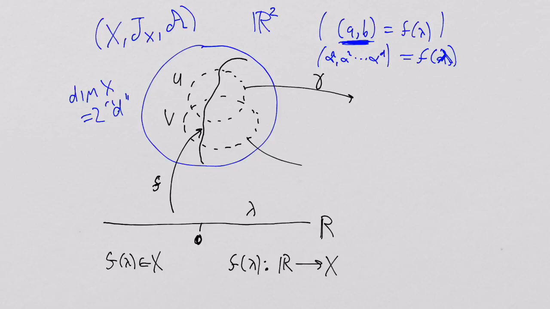In the case of the V region, we can use the chart map phi. And now we're dealing with, because I've restricted it to R2, coordinates here called x and y, and for this particular little segment, I'm able to draw a curve